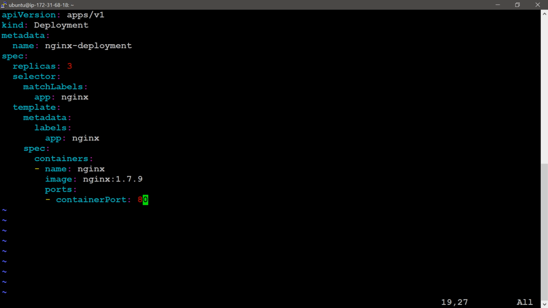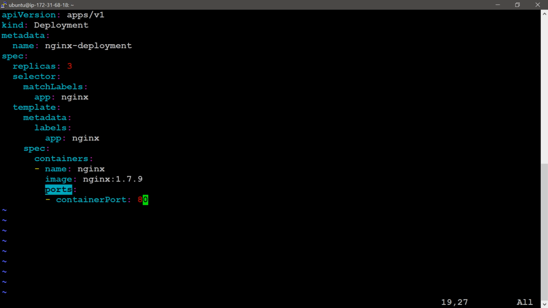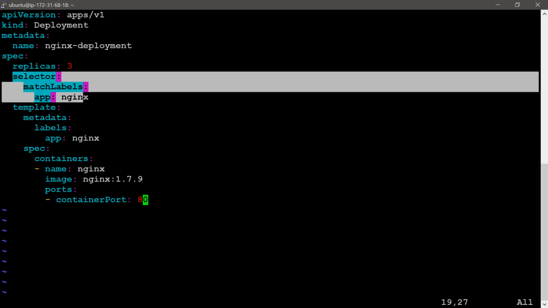Then in the spec section, we already know containers information, and the name nginx for this container. Then image nginx 1.7.9, I am taking here. Then ports: nginx will support port 80, so I gave this container port: 80. Then here one more thing is spec selector.